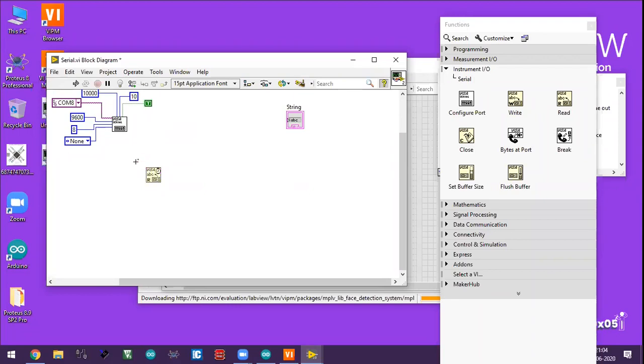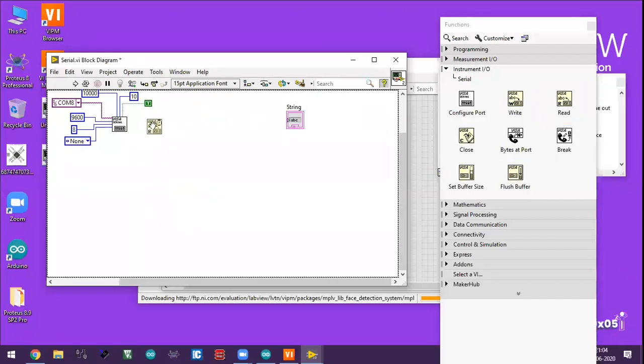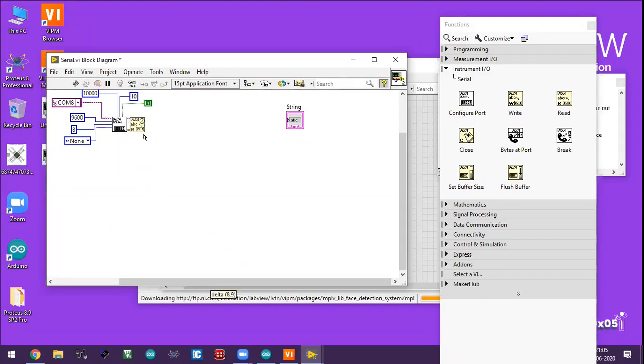See, one benefit of this LabVIEW software is that you just put it near the already configured port. The resource name and error value are automatically connected when you put it near over here. Just click on that and it will automatically connect these two parts, but it does not look like a good thing, so I have to clean up the wire so it looks perfect.